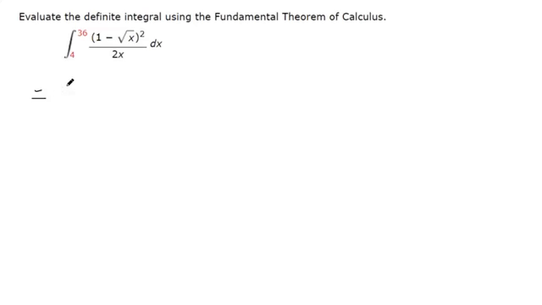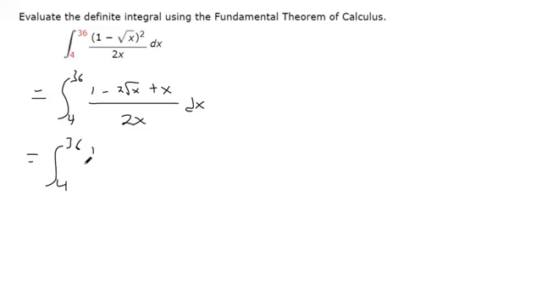So this is another question where I think we need something from outside of this section. What I've done in the numerator is I took (1 minus square root of x) and squared it. I multiplied this parentheses by itself. If you do that, you should get this, and then you can separate it